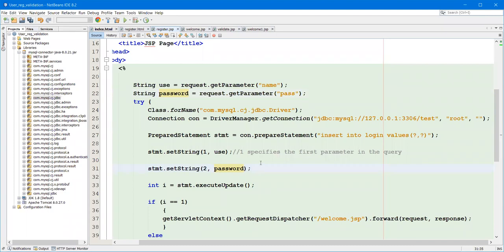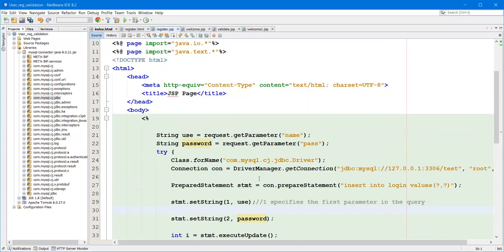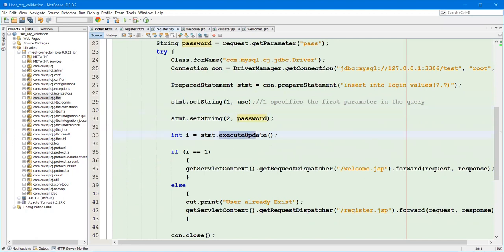Now we need to execute this query. By using the execute method we execute the query. Upon successful execution, if the values are inserted, it returns that one row is inserted. That means as a return, it gives an integer value other than 0. How many rows are returned? 1. So i equal to 1. If i double equals 1, that means the row is successfully inserted into the table.